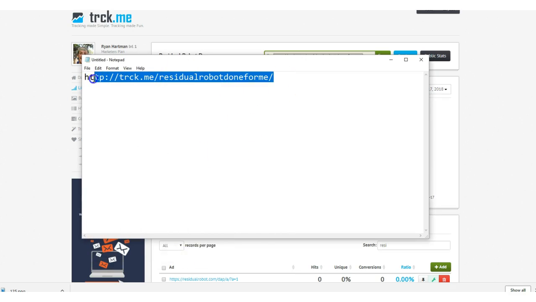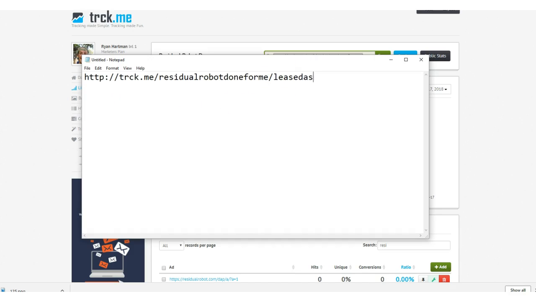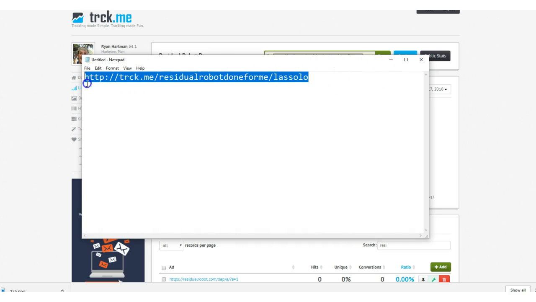So I have my track.me link. It's going to rotate through all the sites I have in my tracker. Very cool. I'll know which ones are performing better and so on. But I can also say I'm advertising on Least Ad Space, which happens to be one of my favorite sources. We have that here in the ResidualRobot as an option. I could just put Least Ad Space, or I'll do something like LAS solo, so I know it came from a Least Ad Space solo ad. And then you can tell which of your efforts Track.me will tell you which of your efforts are paying off